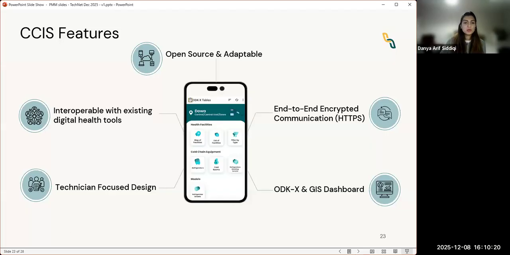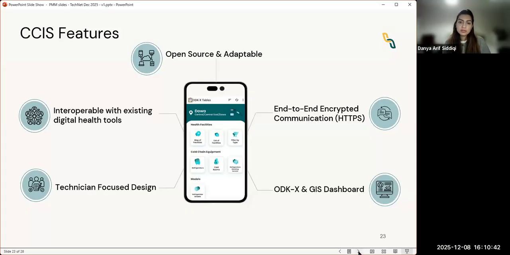So I hope the demo provided an overview of the CCIS workflow and the different functionalities that it has. And just to summarize some of the key features: the application is open source and adaptable, so it's completely contextualizable to the country needs. All the communication is end-to-end encrypted to ensure that it is compliant with the standard data privacy laws.